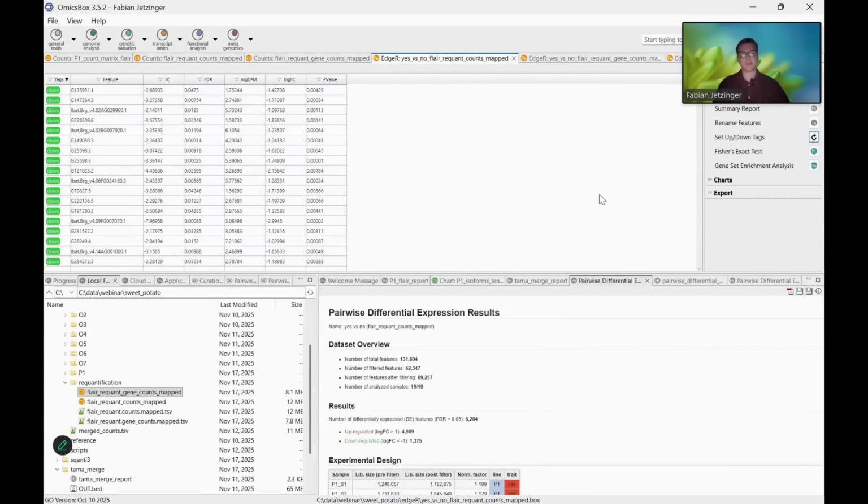Now, instead of testing between our traits, we could also test between different lines, for instance, comparing the parental line to the offspring lines. This really opens a lot of doors into different downstream analyses. We could go into functional analyses. We could conduct a Fisher's exact test or a gene set enrichment analysis. We could look at pathways, but we have already covered these topics in previous webinars. So for today, I think it is time to move on to our conclusions,